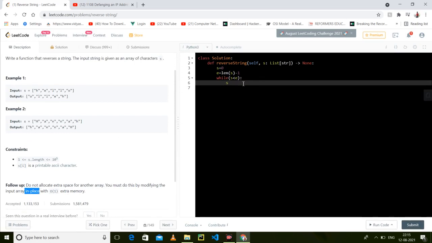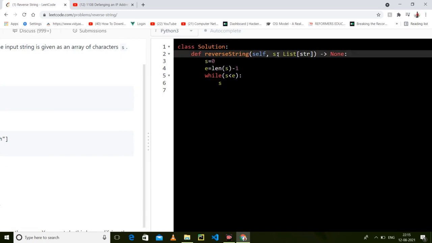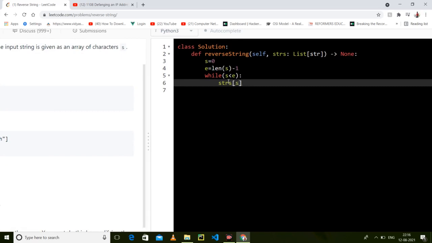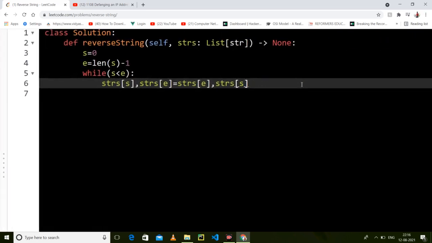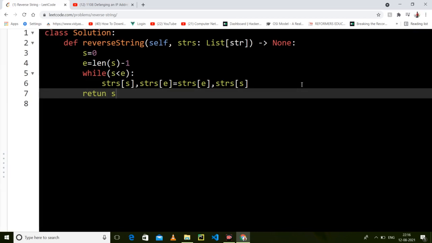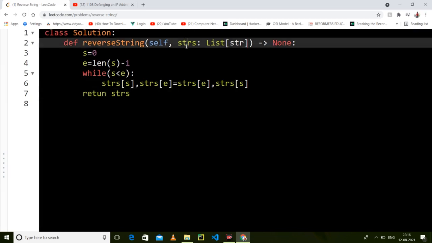So let's do it. So this is start, so let's take it as s. So s[s] to s[e], this is string, then s[e] to s[s]. So we have to just return s. I think it's a list, so I will take list one as this.